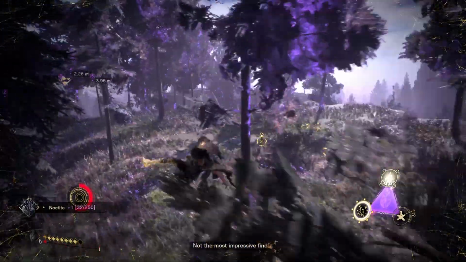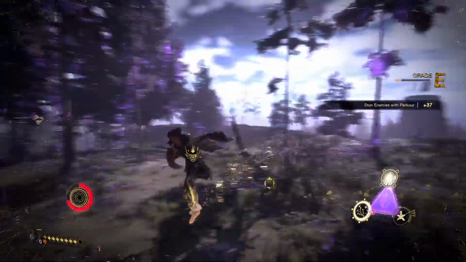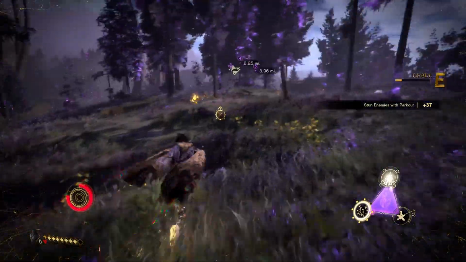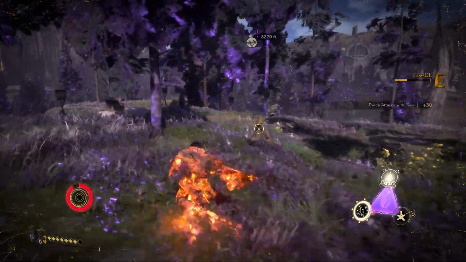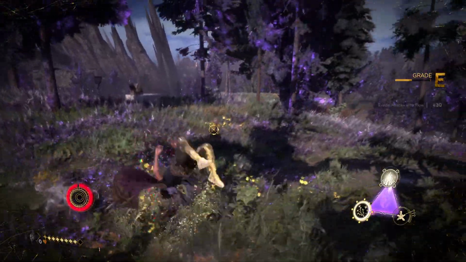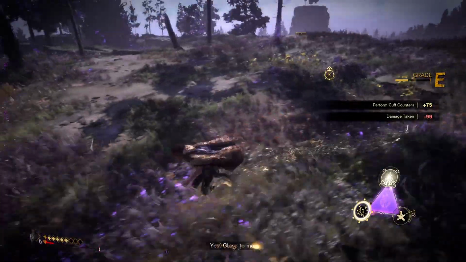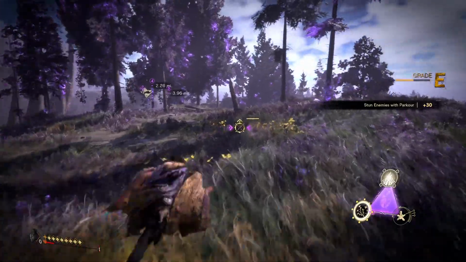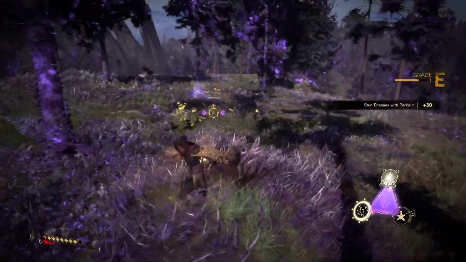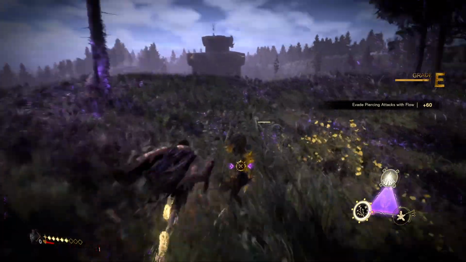So Cuff offers a couple extra things, which is also pretty sick. Like if you were to run over an enemy, you stun enemies with parkour, which I guess is considered a stun. So let's see. He didn't look very stunned to me. Yes, close to me. Let's see if we can do it again. Stun enemies with parkour. That guy did not look stunned. Anyway, if you stun them with the parkour,